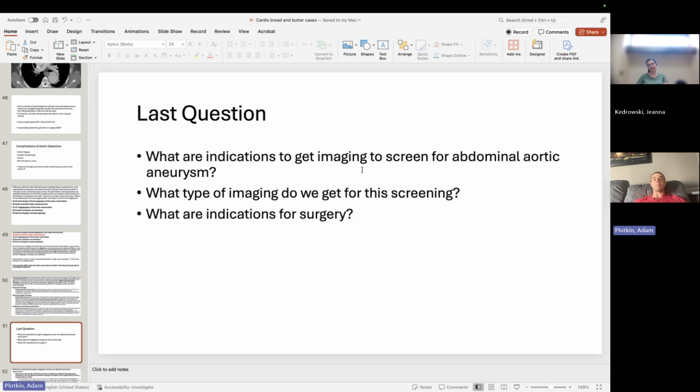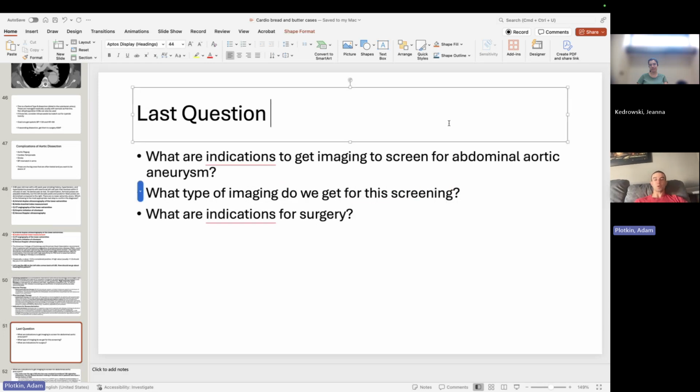So really it's a grade B recommendation for any male smoker 65 to 75. They consider a male smoker 100 cigarettes or more. That's just, who cares about the details? They'll give you someone who has a 40 pack year history of smoking. They're 67 years old. It's a male. You get abdominal ultrasound, right? Abdominal ultrasound is the imaging we do for screening. But again, I agree with you. CTA is going to be better, but we don't need to put everyone through radiation. We can do abdominal ultrasound for screening.